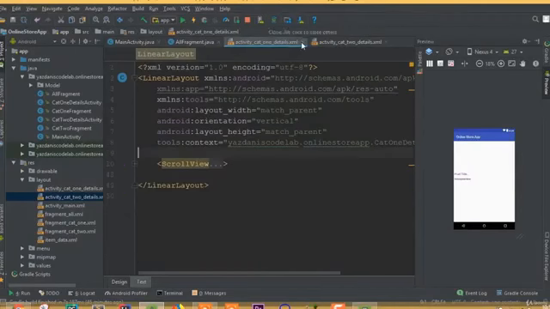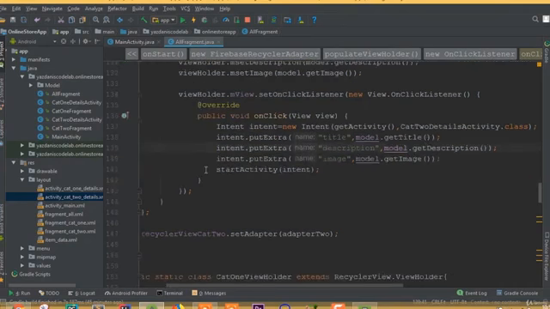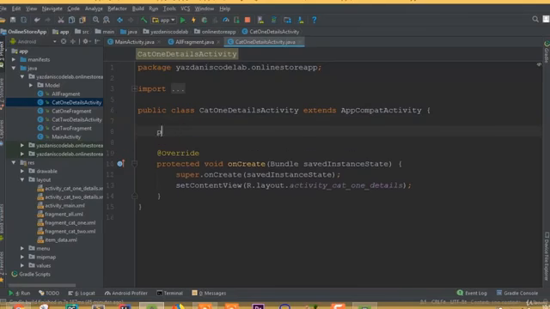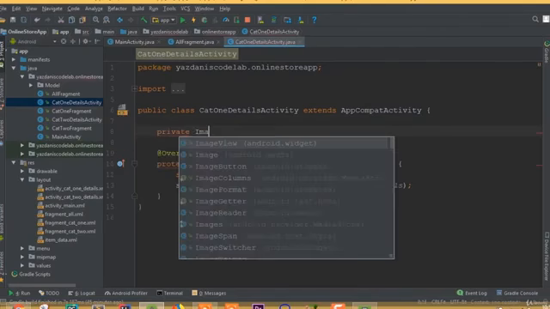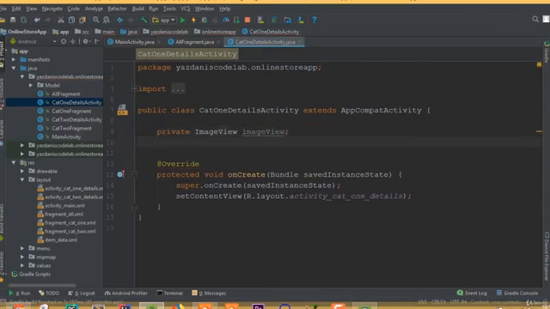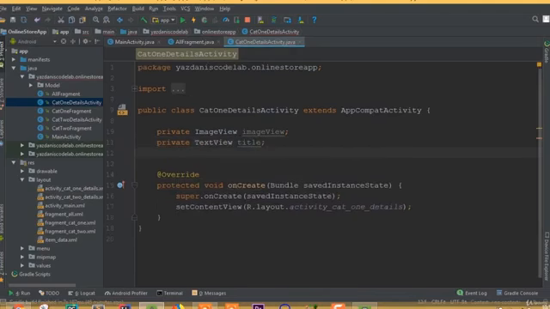Welcome back once again. Now in this part we will set our data to our details activity. So go to this cat 1 details activity, private image view, you can call it image view, private text view, title, and private text view, description,